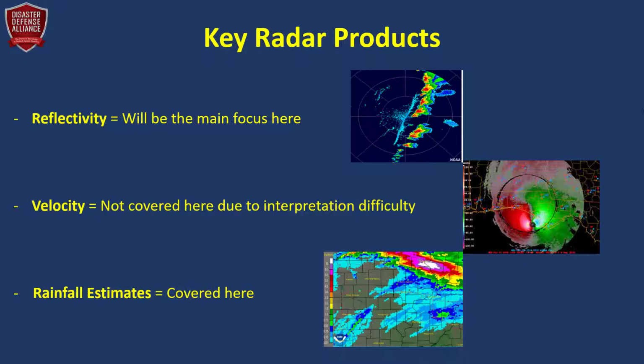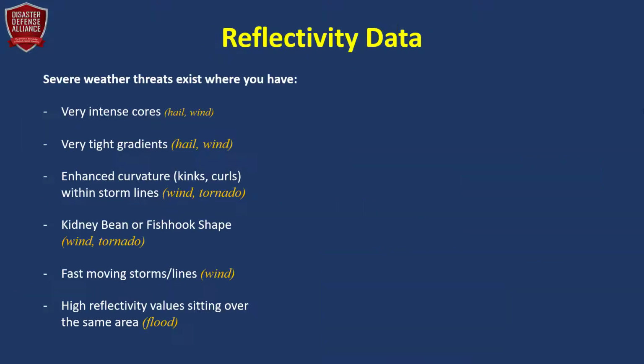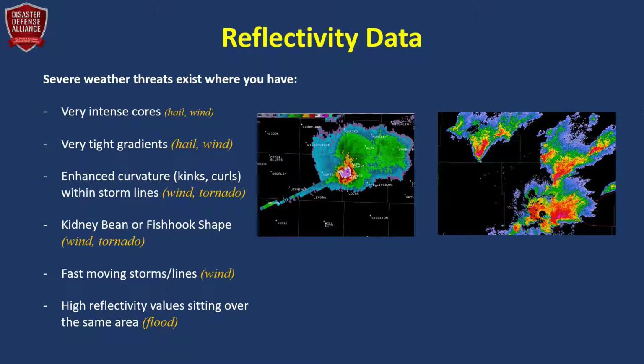Another type of product is the radar rainfall estimates product that I will briefly touch upon. So, what on reflectivity data should you look for when it comes to assessing imminent threat of a hazard? Here are the key clues. High reflectivity cores in dark red, maroon, purple, or white colors, which can indicate hail, as well as damaging wind potential. These hazards also occur within the strongest part of the storm, which is typically reflected where you have tight gradients of reflectivity. That is, where the colors change rapidly from green to orange or red over a very small